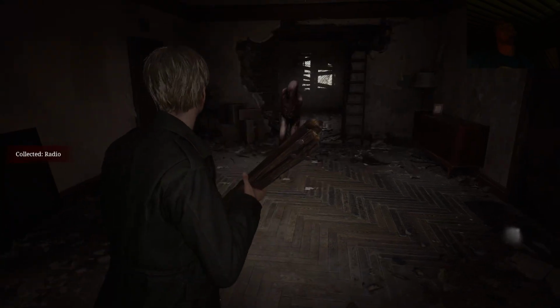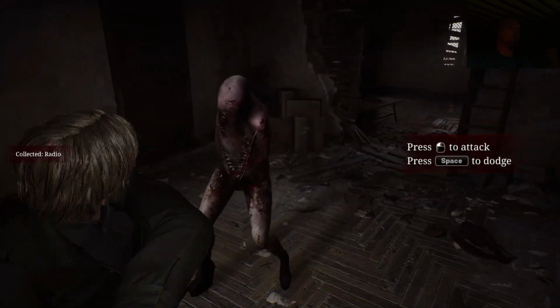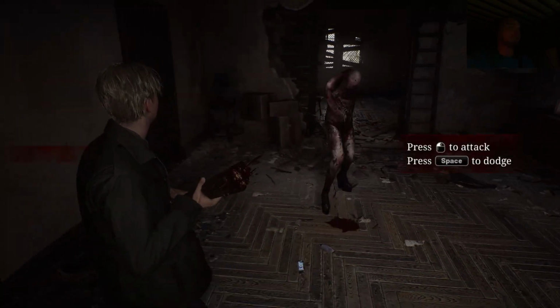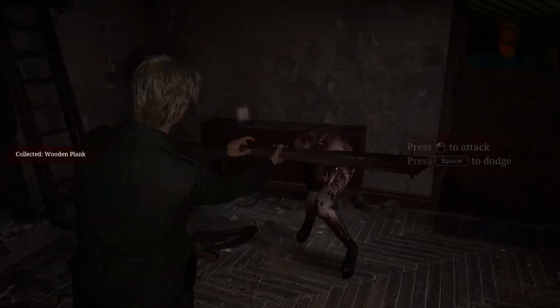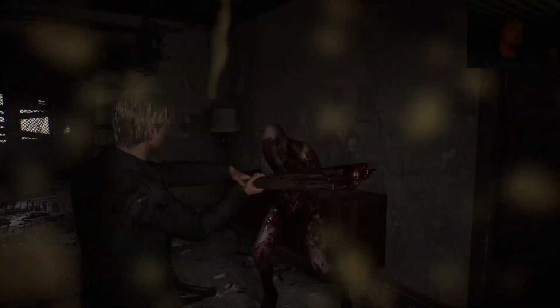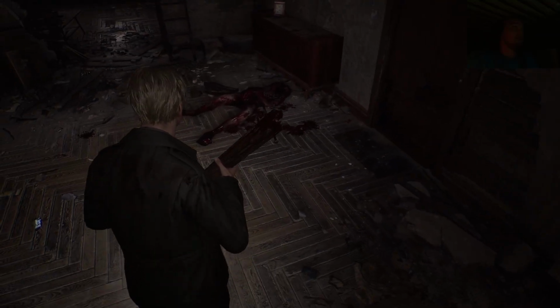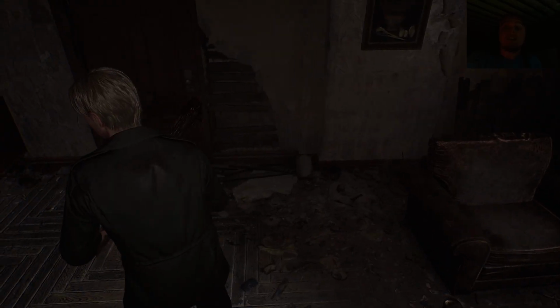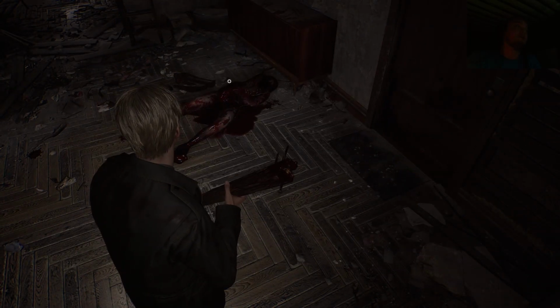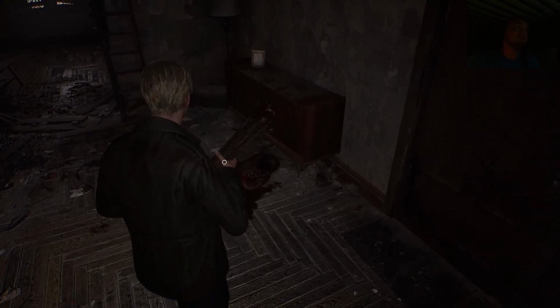Stay back. We have our first combat encounter. And I'd like to take note that the game does a lot to make sure that you do not feel powerful. Because you are but merely fighting with a wooden plank. You're not fighting with some gun yet, or heck, even a competent melee weapon. You're fighting with a stick.